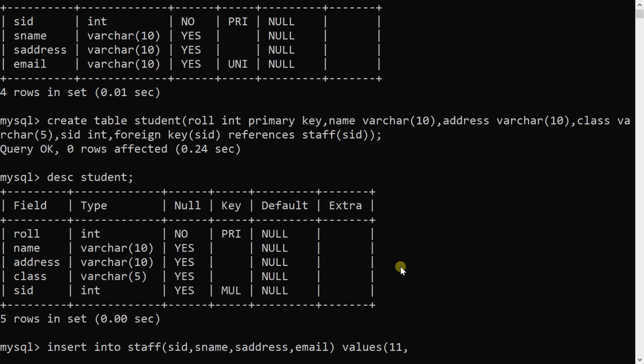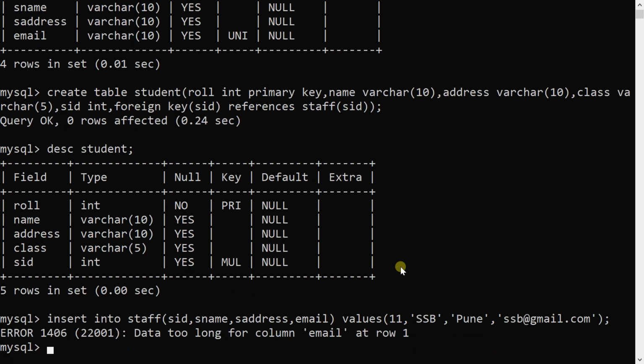SName is my varchar, the name of the staff, SSB, then address Pune, then email, which is a unique key with varchar data type, @gmail.com.